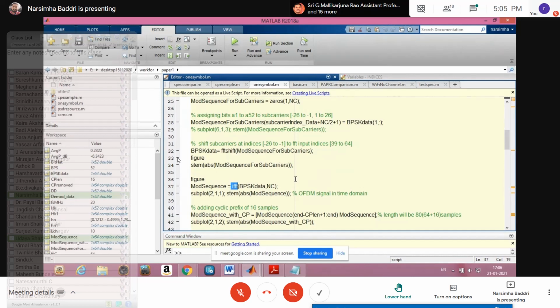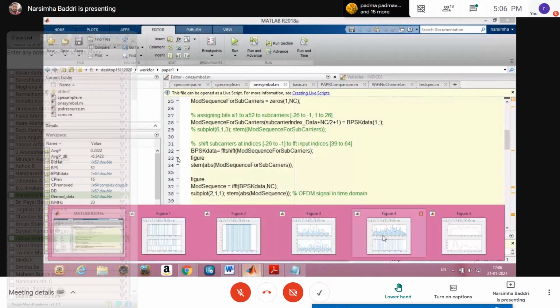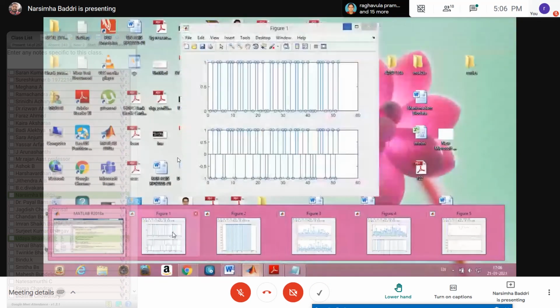So we are arranging the BPSK data in these locations. If you see these indices values, you can see the locations in the workspace. And this is our IFFT case. Just for experimental purposes, you need not shuffle this data. You can directly apply IFFT and you can see the CP and the channel effect, and at the receiver side, you can reverse that whole process.